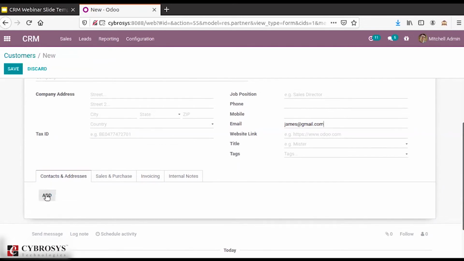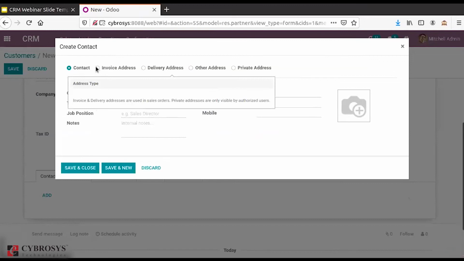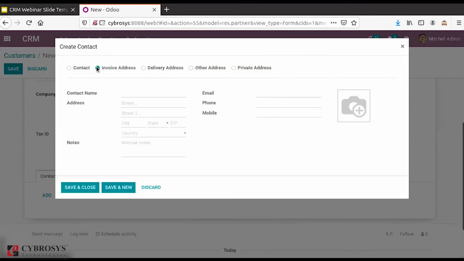So here you have the contact and address tab. So from here, simply you can add your address. So with address itself, in Odoo, we have a wide variety of options to add upon. That is, we have this contact option, then the invoice addresses, delivery addresses, then other addresses, private address, and so on options.